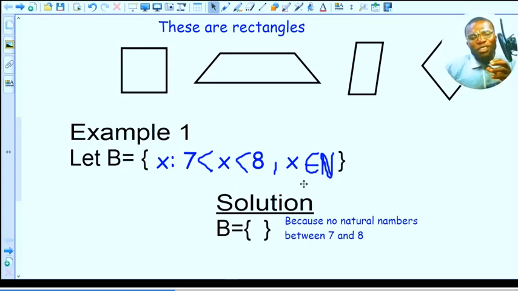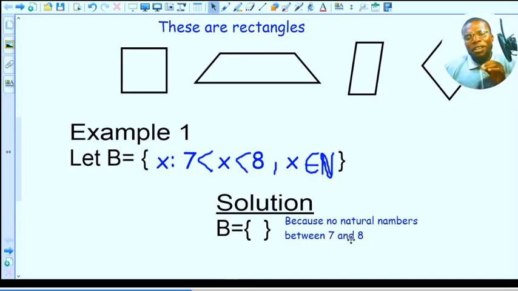But according to our condition given here, we need to find the numbers between 7 up to 8. The numbers between 7 up to 8 are 7.1, 7.2, 7.3, 7.4, 7.5, up to 7.9. Now, these decimal numbers are not natural numbers, because the natural numbers are normally just counting numbers 1 up to etc. Therefore, we can say set B is an empty set, simply because there is no natural number between